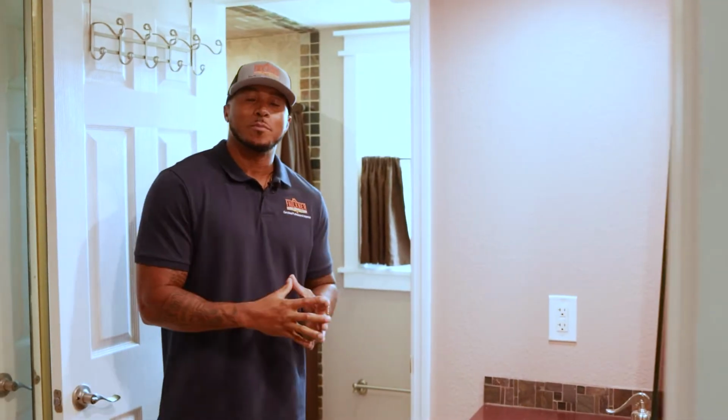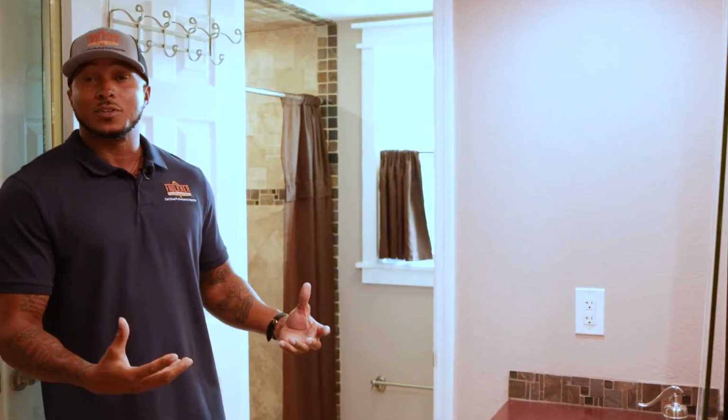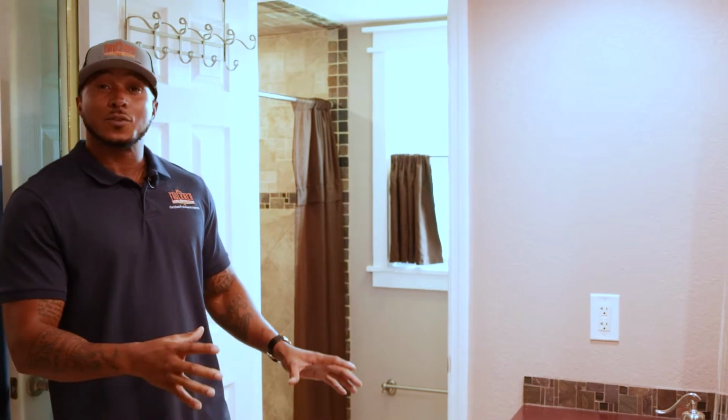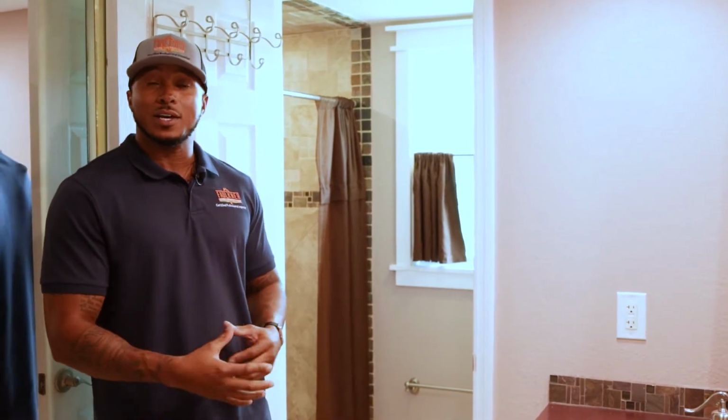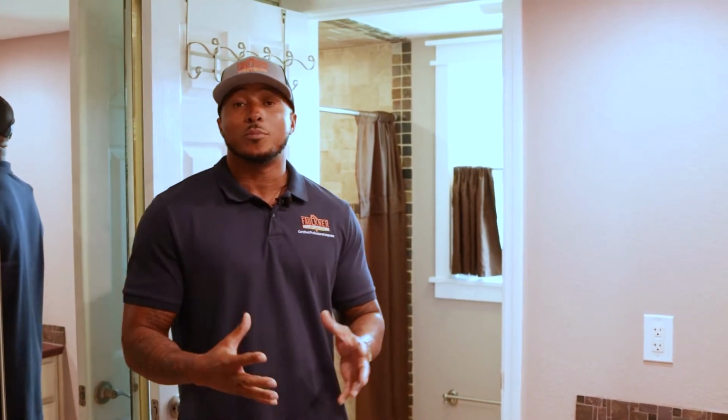All right, folks, we're in the main bathroom. I'll run the plumbing throughout the home during the inspection for a good 30 minutes or so. I don't just turn the water on and off when I get to the sinks. That way I'm looking for leaks, and I'm looking for the type of piping that you do have, whether it's copper, PVC, or CPVC, type of piping throughout your home, or polybutylene, which could later be an issue with